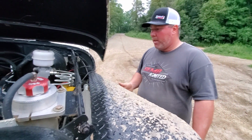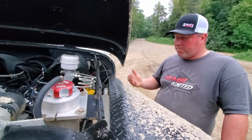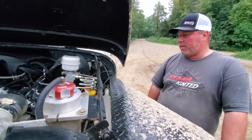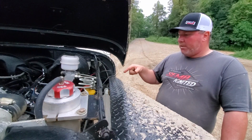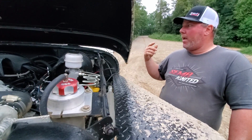And I run an Optima. I really like the Optima yellow top. I think the next battery I get, if there's an Odyssey that goes in there, a lot of people are talking big things about those. But the key to the battery, in my opinion, a lot of people say they're junk, but I run